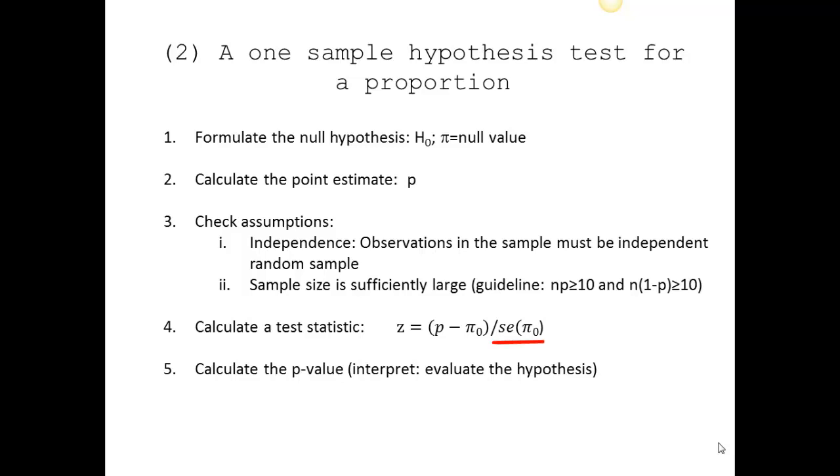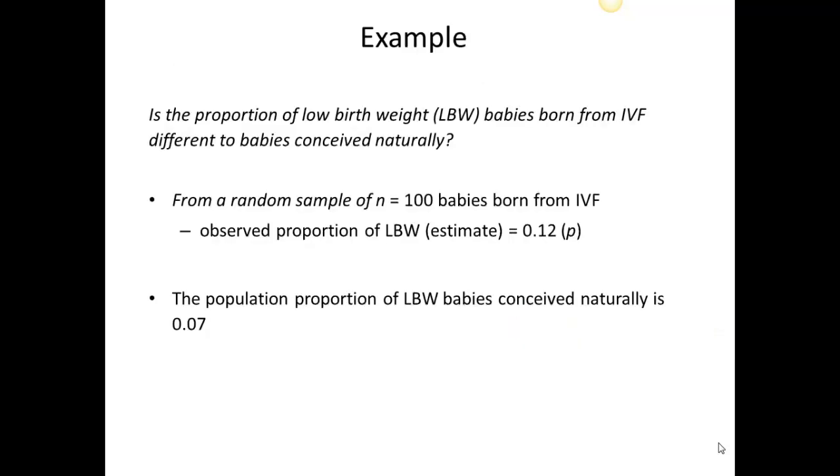Hence, because we calculate the p-value under the null hypothesis, we estimate the standard error under the null hypothesis too, or the standard error when pi is equal to our hypothesis null value, and that's denoted by pi 0 here. So let's use the same example. We want to know if the proportion of low birth weight babies born from IVF is different to babies conceived